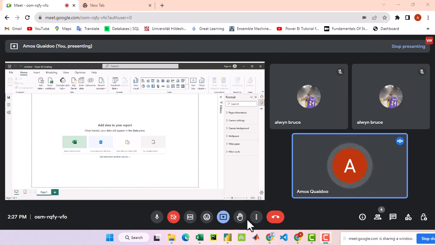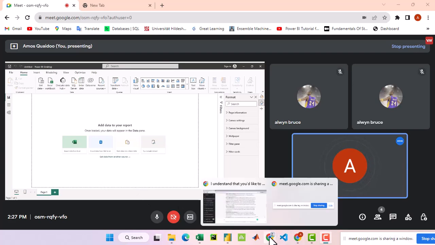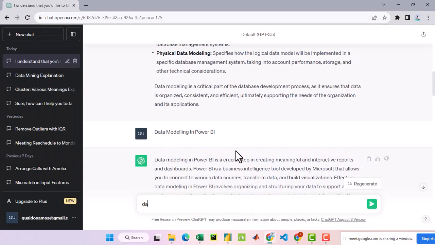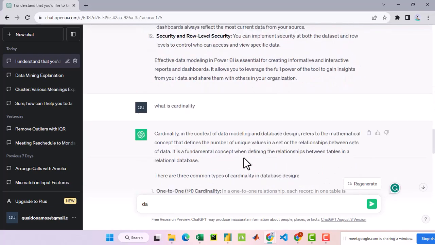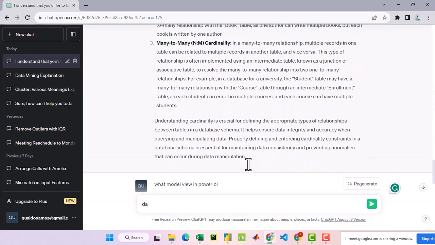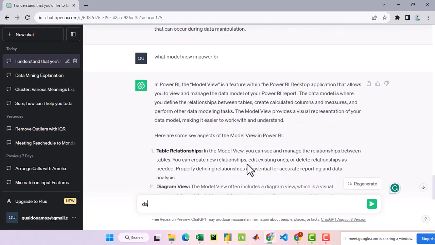The data view, right? Okay. So it's one of the crucial steps in Power BI. It's one of the crucial steps. So here, let's say